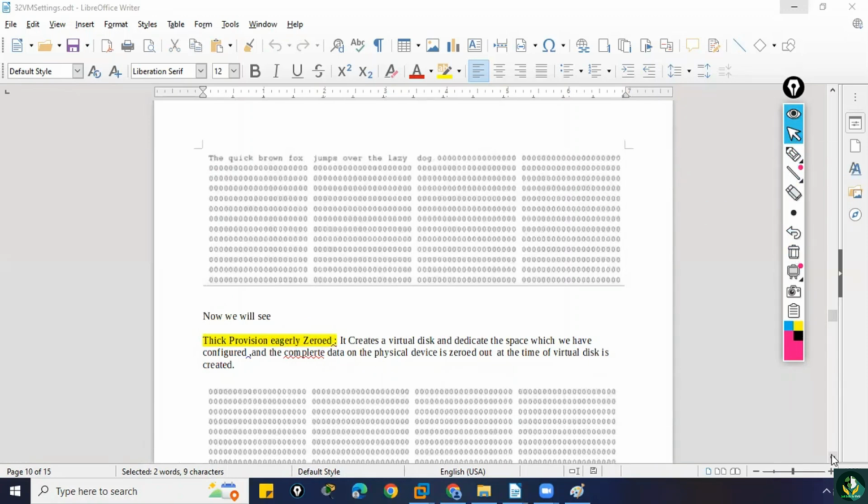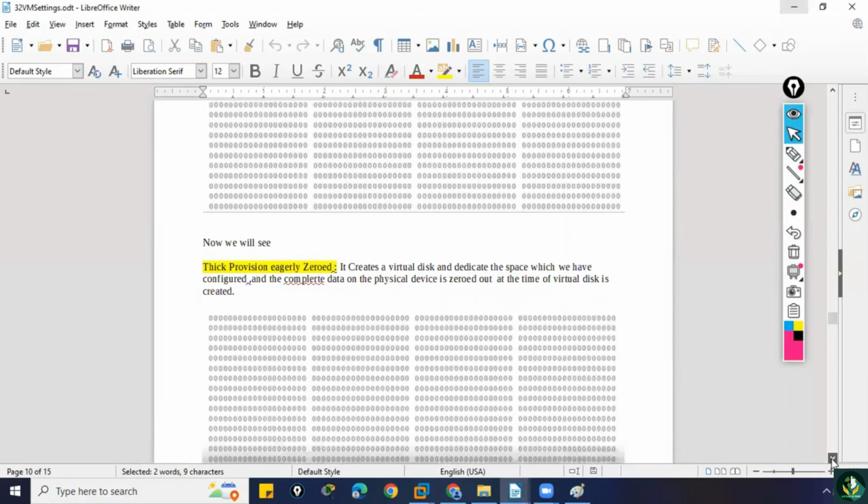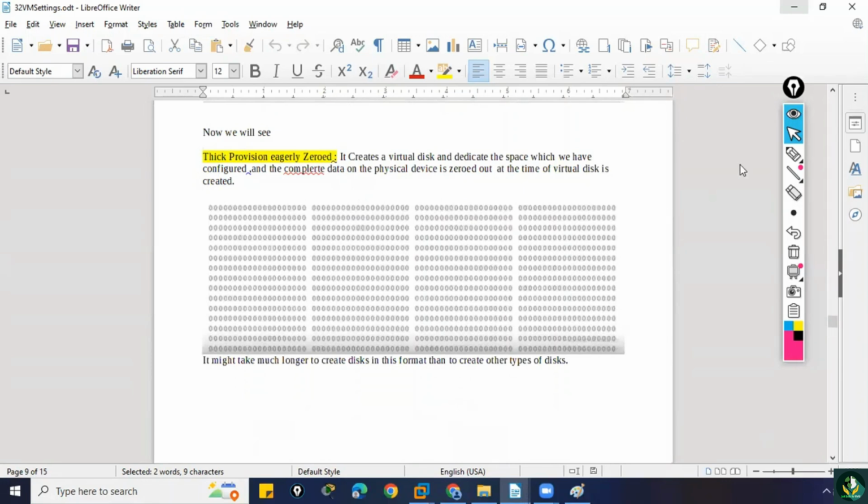We have seen the meaning of zeroed. Zeroed means it will delete the junk data and add zeros to write the data. Now we will see thick provision eagerly zeroed. It creates a virtual disk and dedicates the space which we have configured. It will take the virtual disk and delete the junk data from the complete hard disk, and it will add zeros to your complete hard disk. So the complete data on the physical device which we have configured is zeroed